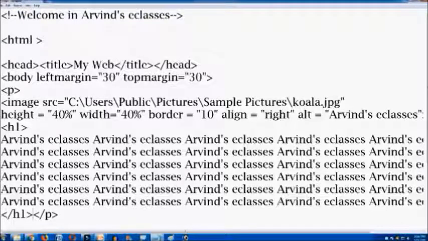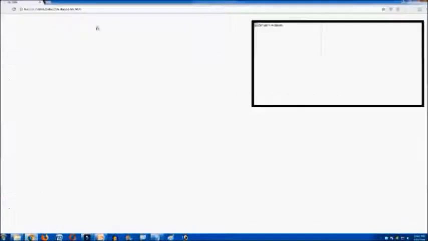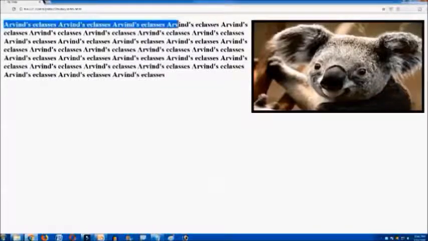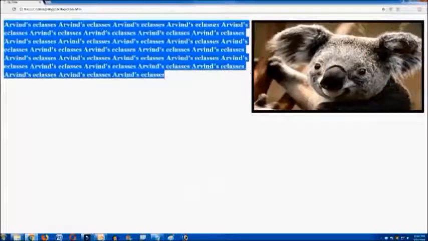This time it is right aligned. Okay, now let us see its output. Refresh. Now see here, your image is here, and your text has been aligned